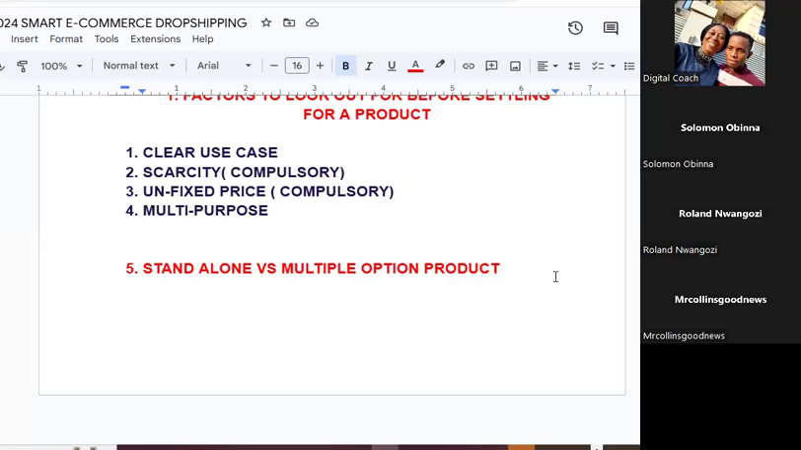Now, for instance, you are selling a bag, a medium-sized bag, large bag, red color, blue color, and then your